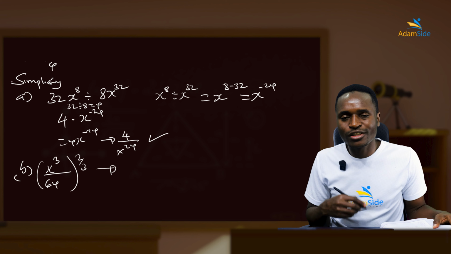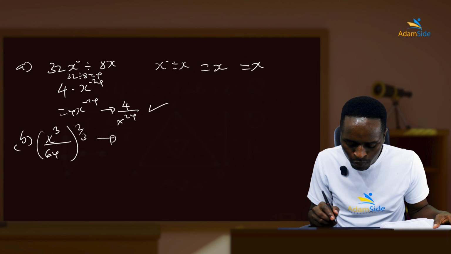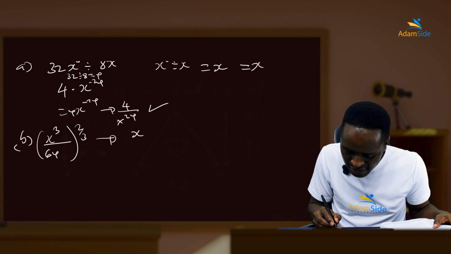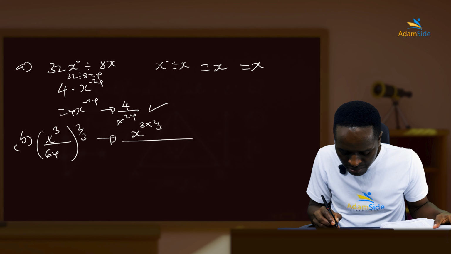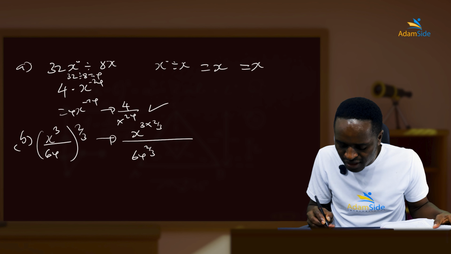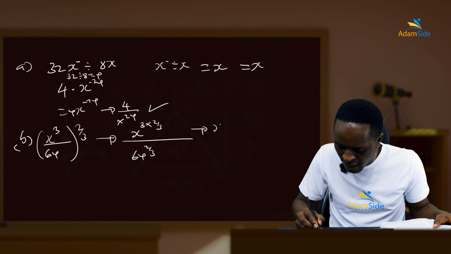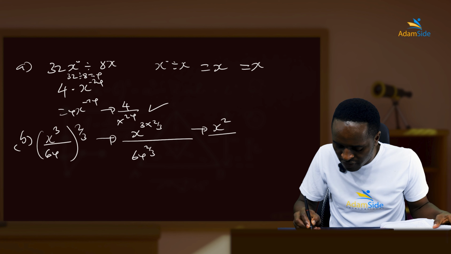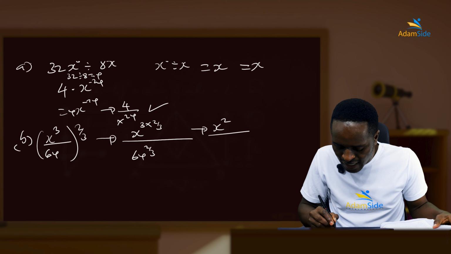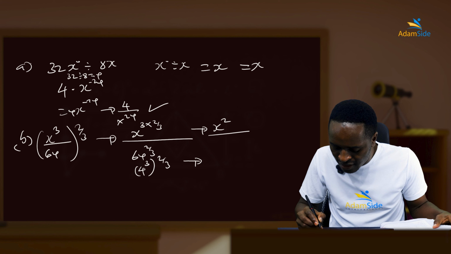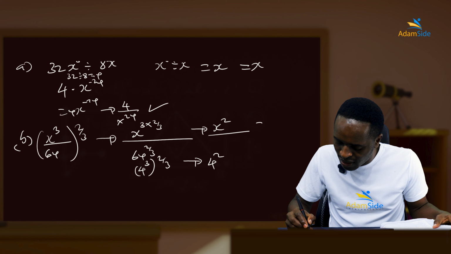The B part, they say x cubed over 64, all power 2 over 3. What did we say about the fractional powers? You can multiply them in. So this is the same as x power 3 times 2 over 3, divided by 64 power 2 over 3. Solve it separately. What do you do on the numerator? 2/3 of 3 is 2. So you have x power 2 divided by 64 power 2 over 3, which is the same as 4 power 3 and then 2/3, which is the same as 4 power 2. So your answer will be x power